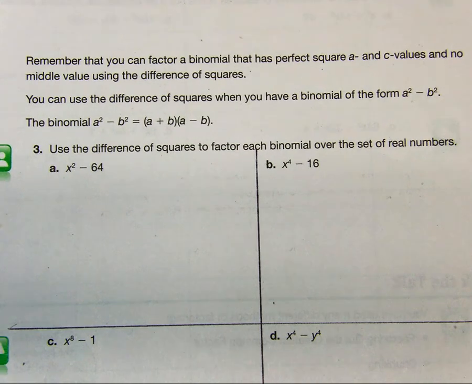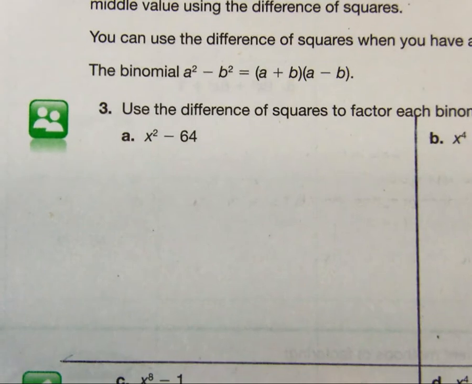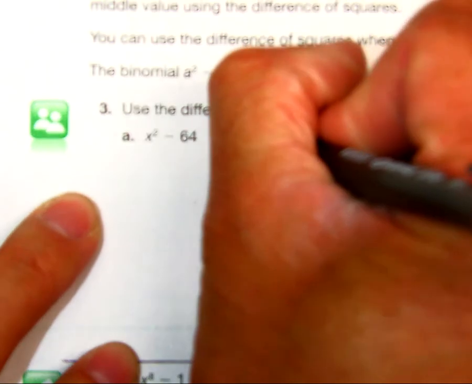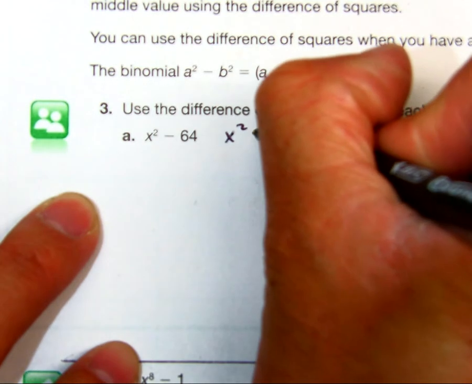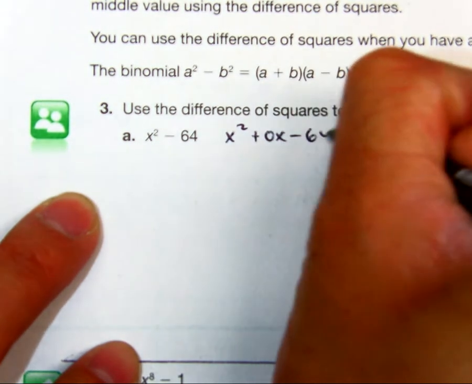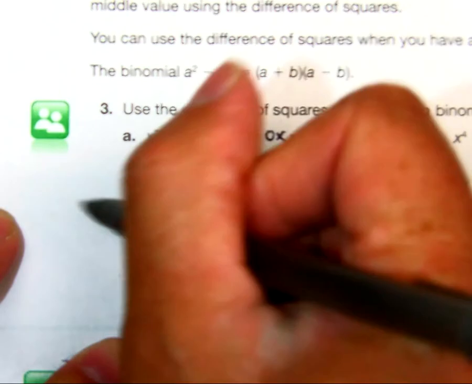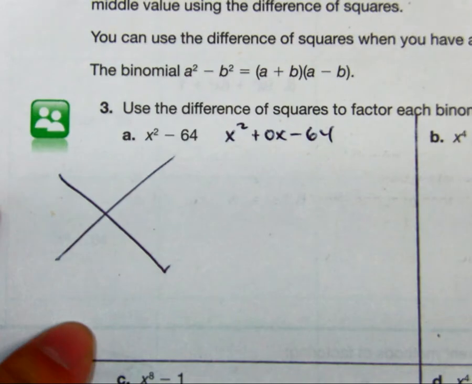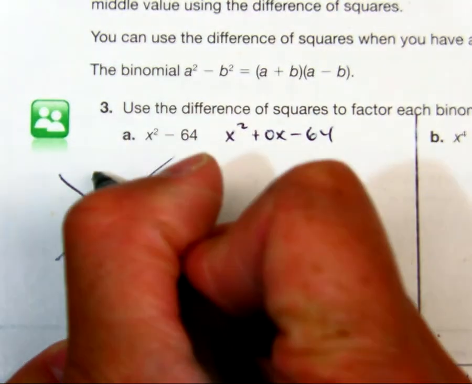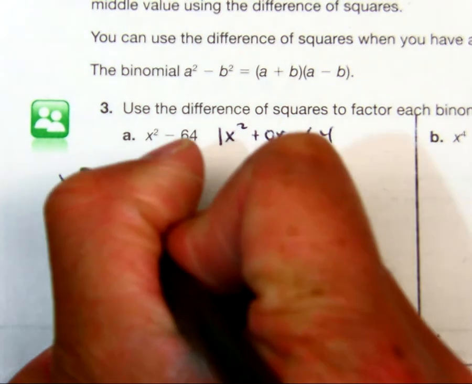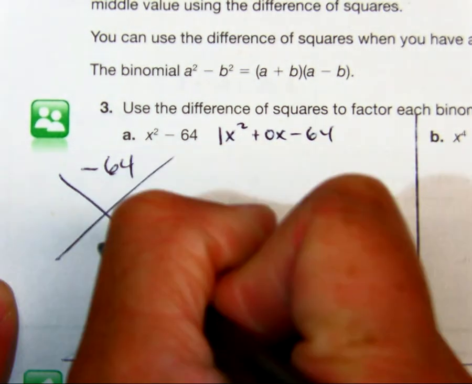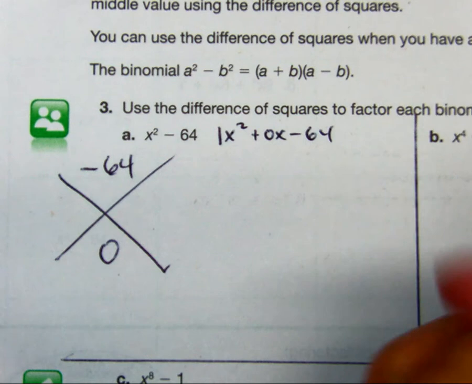Alright, let's go over this. So hopefully you added a 0. x squared what? Plus 0x minus 64. Class, A times C? Negative 64. B value? 0. Two numbers that multiply